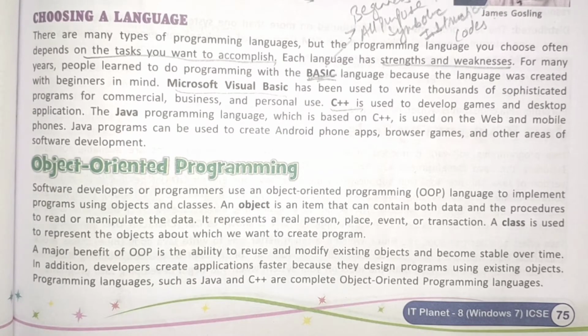In a procedural programming language, we concentrate upon how to do rather than what to do. And in an object-oriented programming language, we focus on what to do rather than how to do. Object-oriented programming language is a method where programming is organized on the basis of real-life entities and processes.